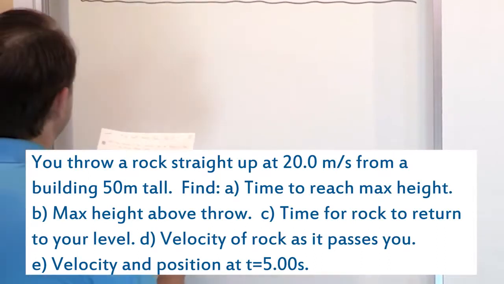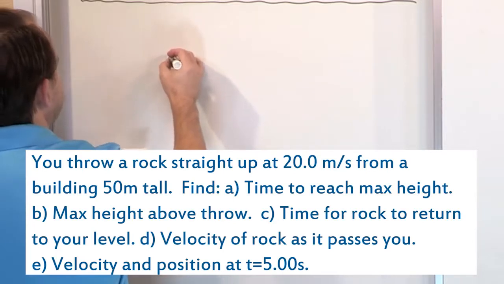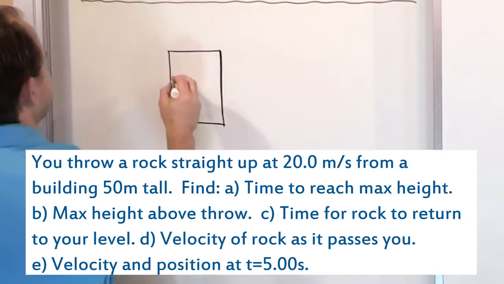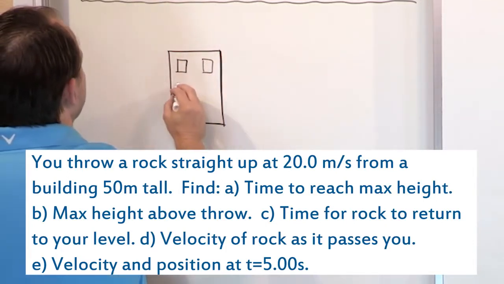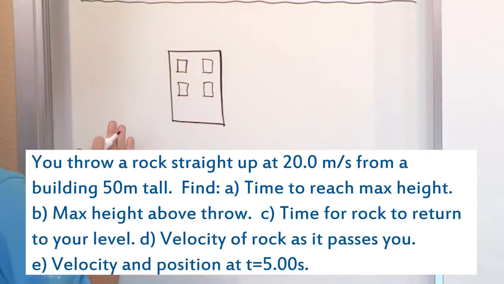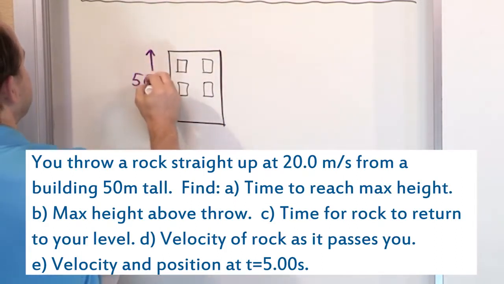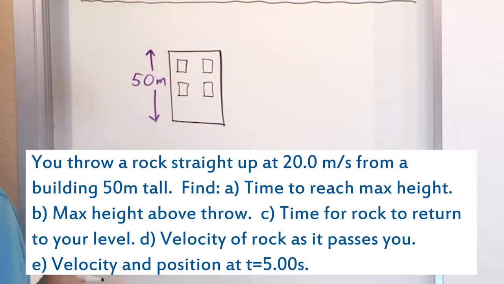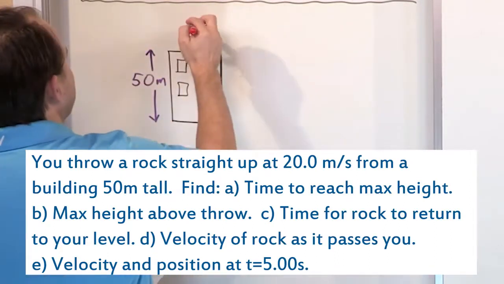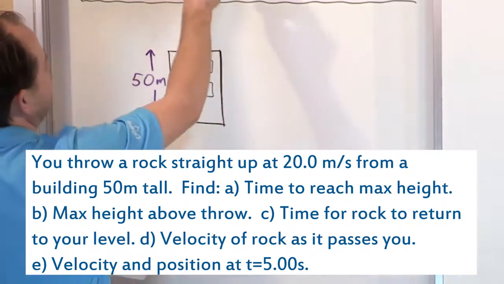So the very first thing we're going to do, other than writing down the equations that we've been using, is we're going to draw a building. And as you can probably guess, my building is not going to be a very complicated building. My building is a nice rectangle. If you want some windows here, we'll draw some windows, whatever. But essentially this building, it tells you in the problem, we're throwing it at 20 meters a second from a building 50 meters tall. So this distance is 50 meters. That's going to be useful. And then we're going to be standing at the top of this building. We can draw ourselves right here, happy face, standing right on top. And it says we throw the rock straight up. So in reality, we're throwing it